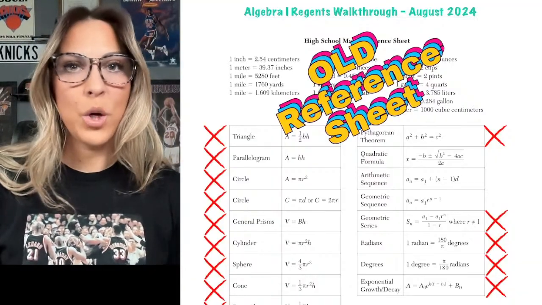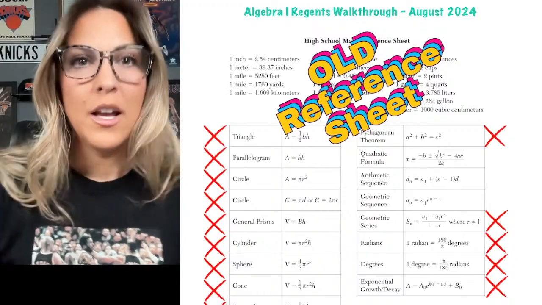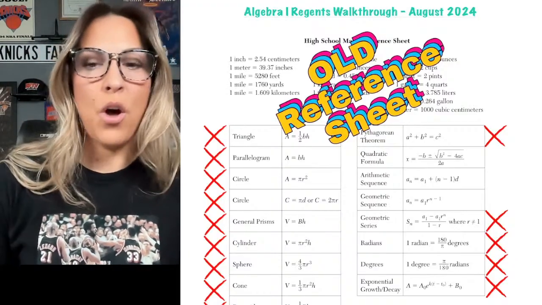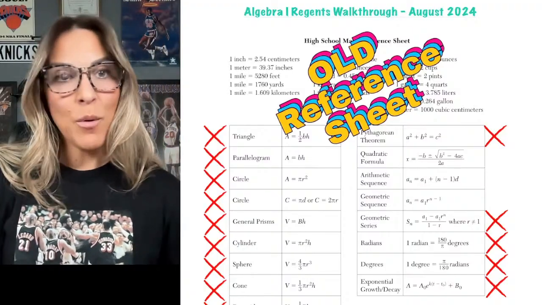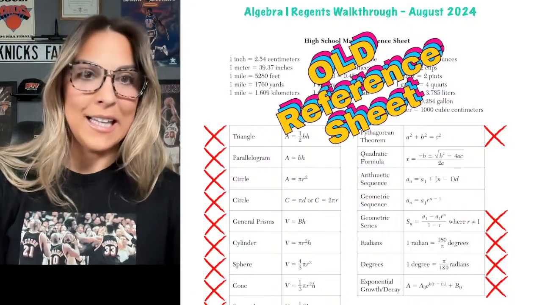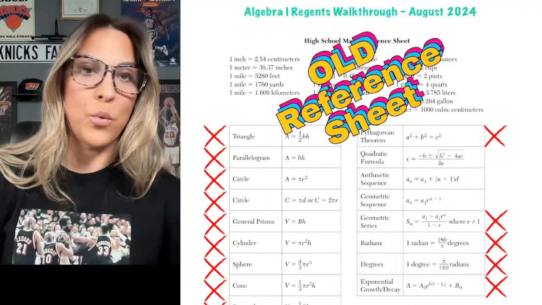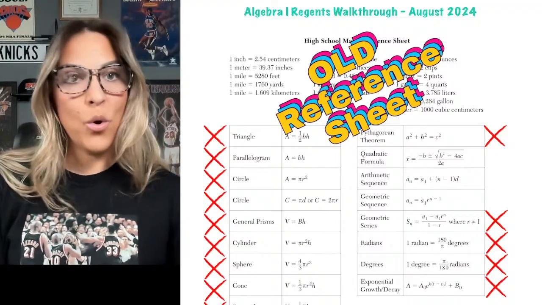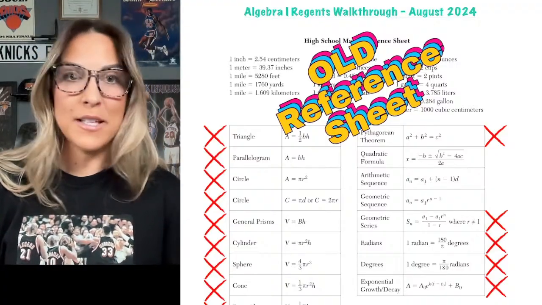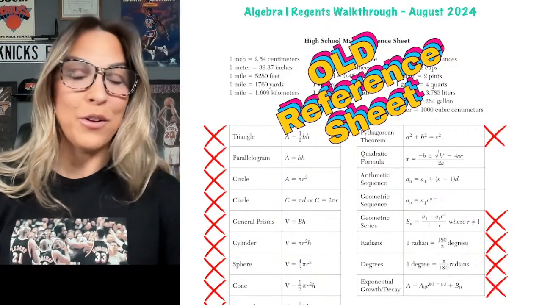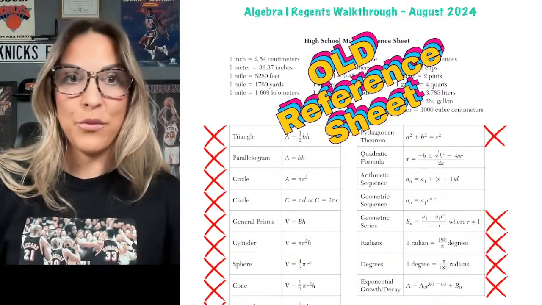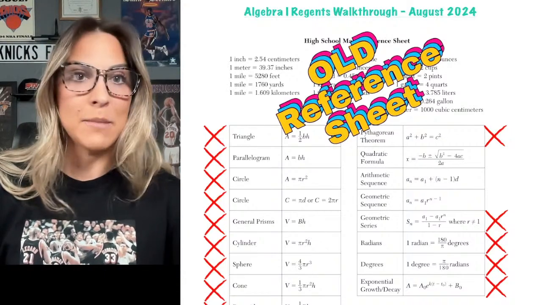All right, guys, we are going to go over the multiple choice part of the August 2024 Algebra 1 Regents. The Algebra 1 Regents did change slightly as of June of 2024, so I do want to go over those changes with you. The questions themselves, there was not much of a change as far as the standards go, but the reference sheet actually looks very different. So I do want to show you that at a glance before I go over the